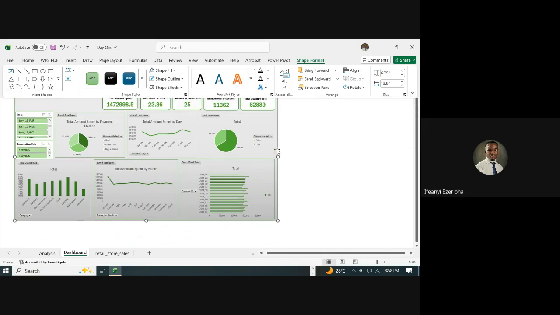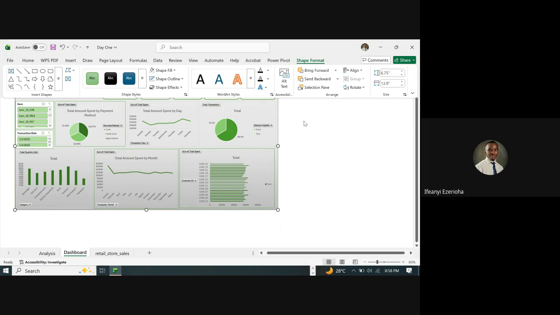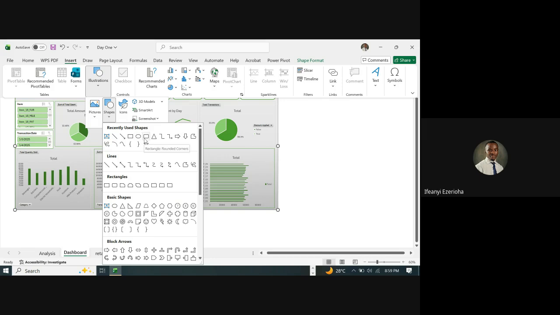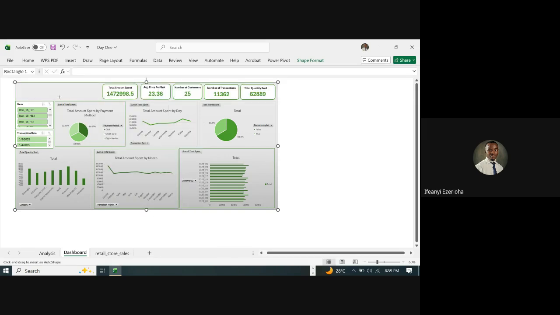is to just put a title, right? Since this is a sales analytics, so I'm just going to come to insert. All right, then click on text. Right, I'm going to say text box, but I can insert a shape so that it covers the title. So come over to insert illustration, then a shape. Right, let me choose square. Then it's going to be from here. Right. So this is going to be for the title,